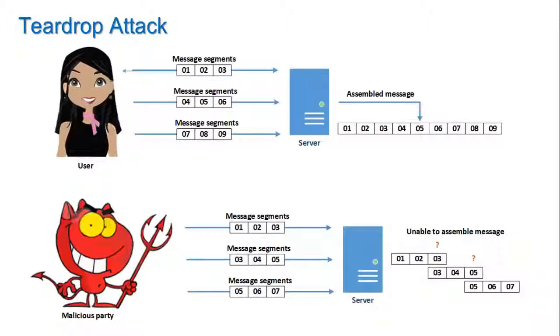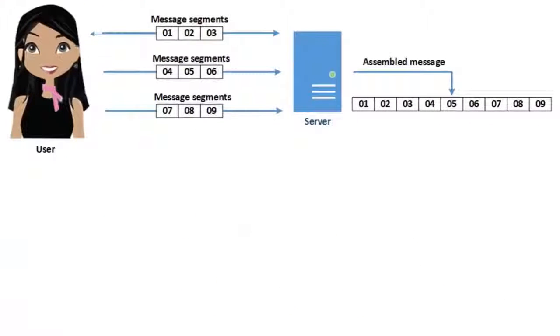In ordinary network communications across the internet, messages between users and remote servers are broken apart into segments of various lengths, which are then sent independently over the network. Because of the nature of network communications, these segments often arrive out of order. The server must therefore collect and hold incoming segments until they have all arrived, after which the complete message can